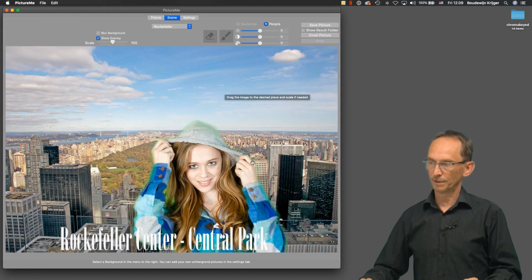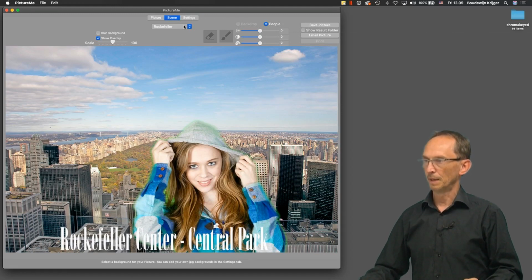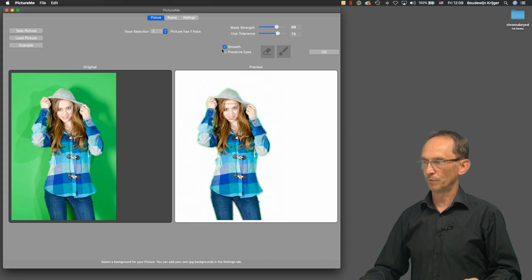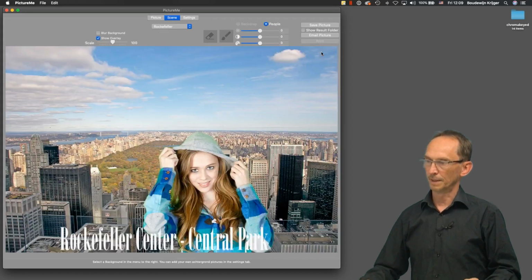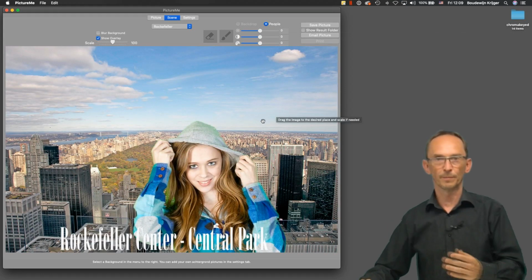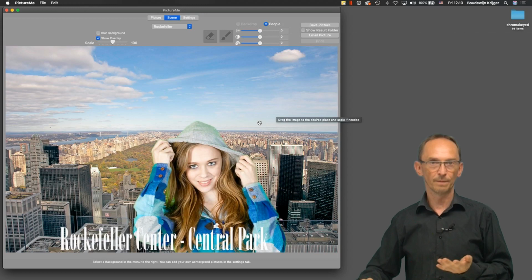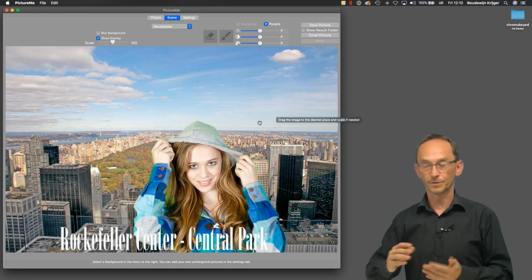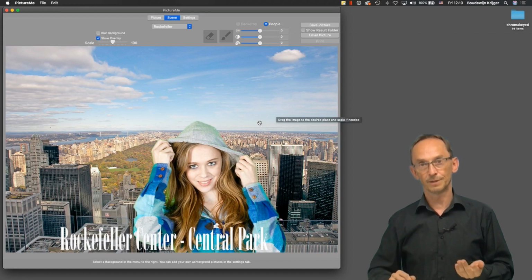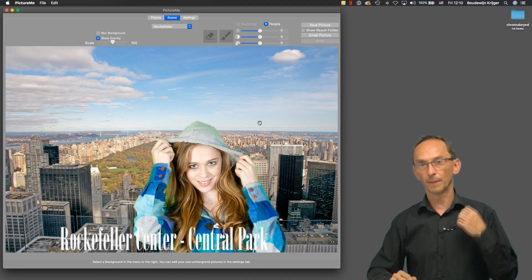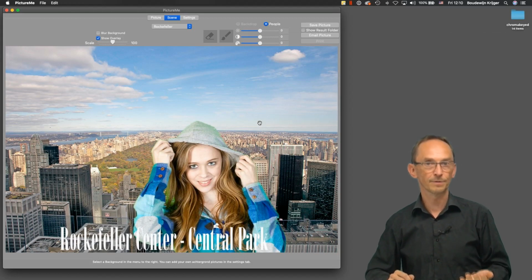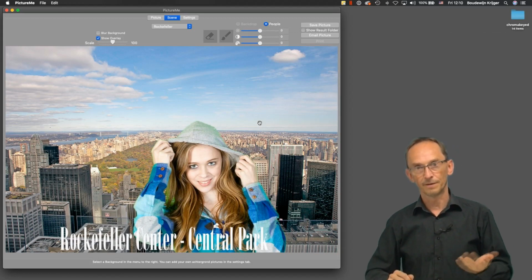One thing you don't notice here, it's smoothed. That was the option in Picture Smooth. If I switch that off and OK it, then it's not smooth and it has the sharp colors. For some hair, it's sometimes nicer to smooth it, because hair is very difficult to chroma key because it's transparent. So part of the color of the backdrop will show through some hair strands, which makes it very difficult to